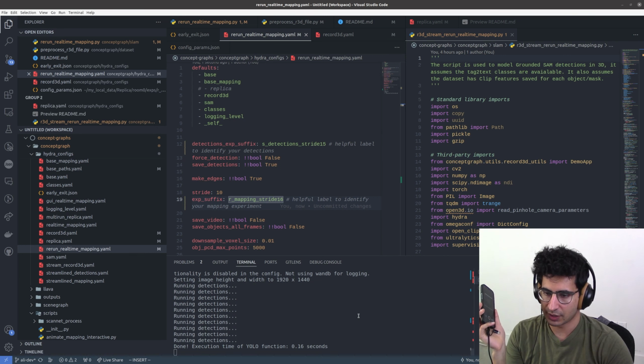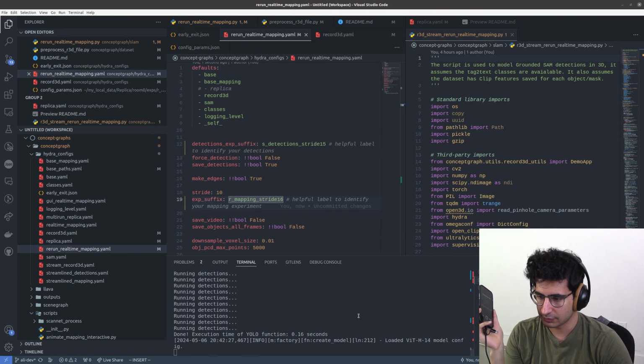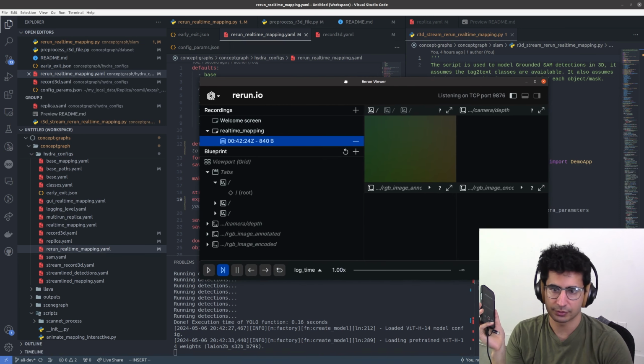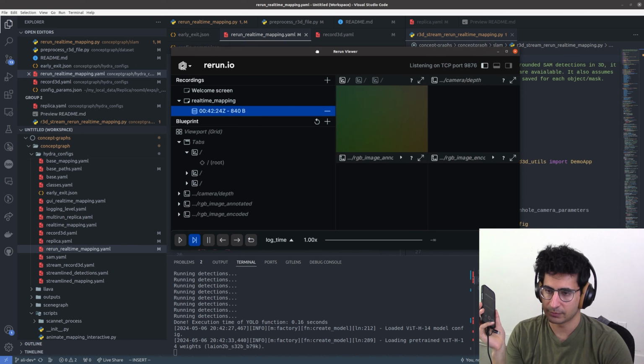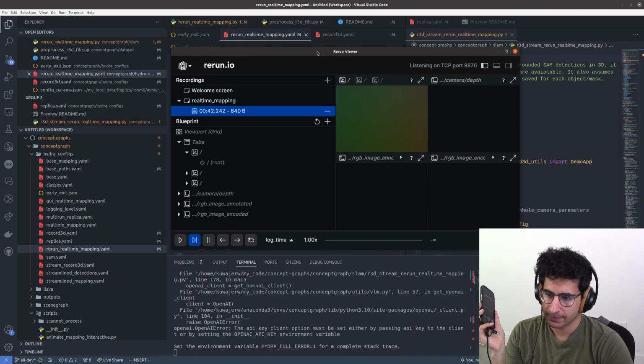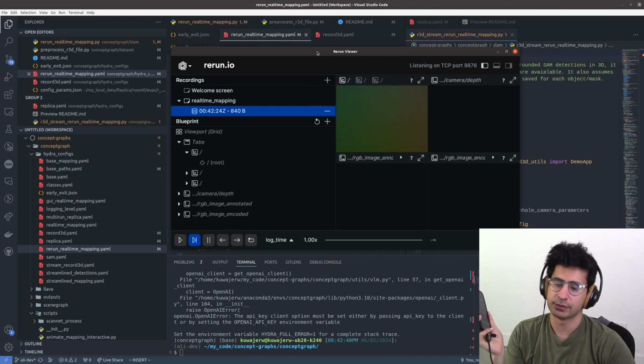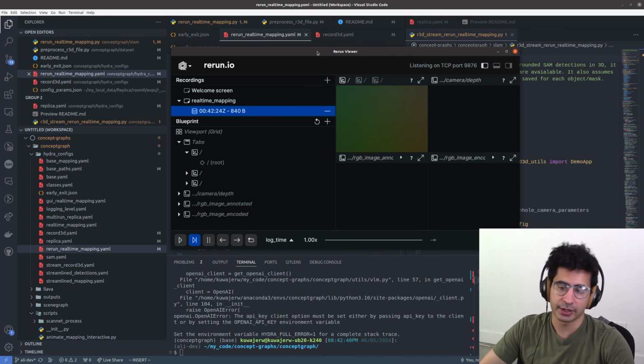So to my left, I have a couch that should hopefully show up. So here is the rerun viewer. The models are being loaded. All right, the OpenAI API key. Oh, I guess I should demonstrate that too. So